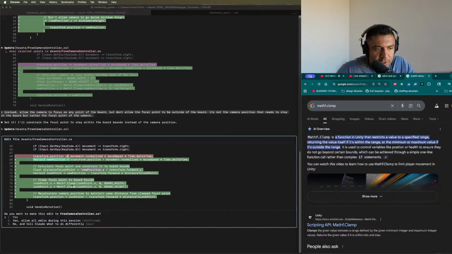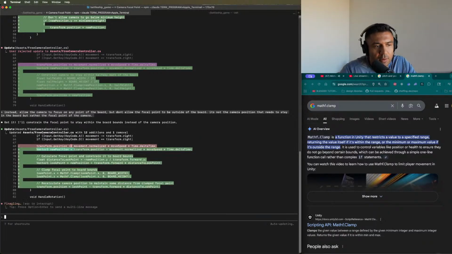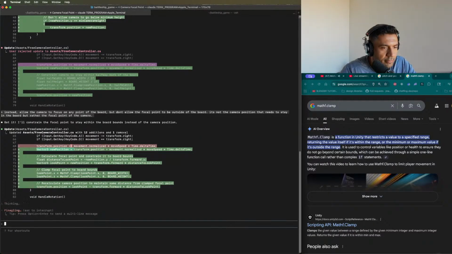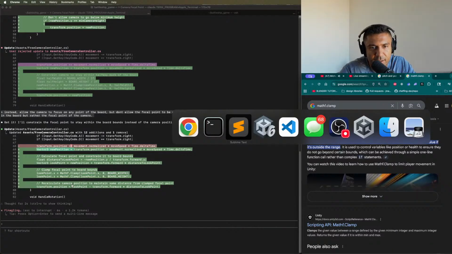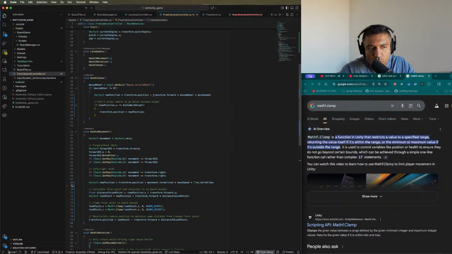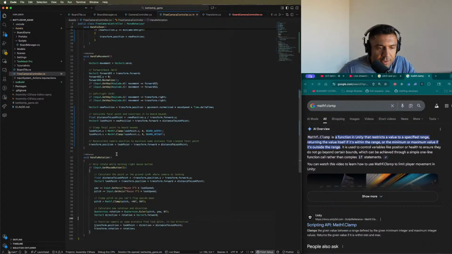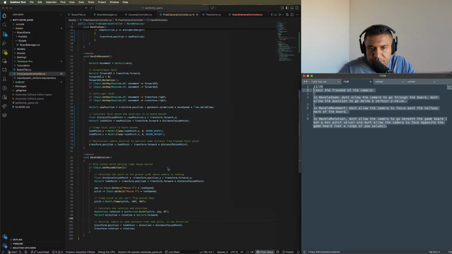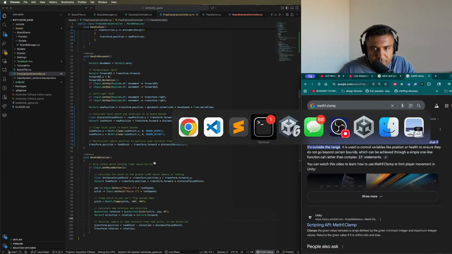Yeah, this seems good. Cool, so we got that. And we got handle rotation. What did I put as the restriction on rotation? Don't allow it to go beneath the game board and don't allow it to face opposite the game board. I don't know what that really means, but